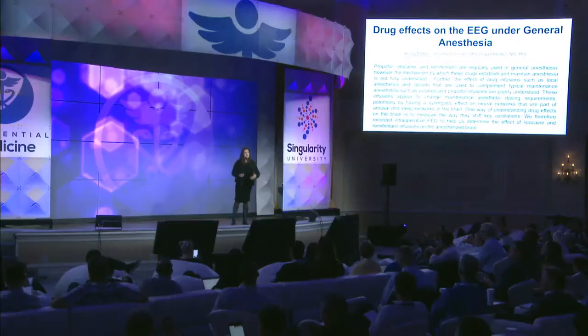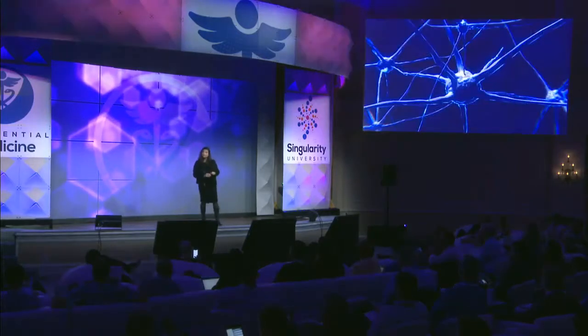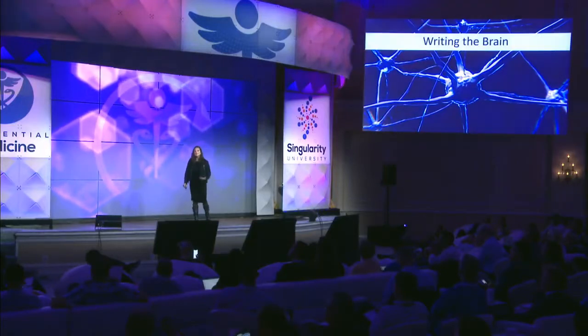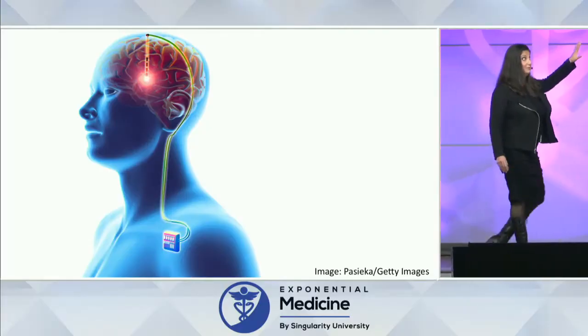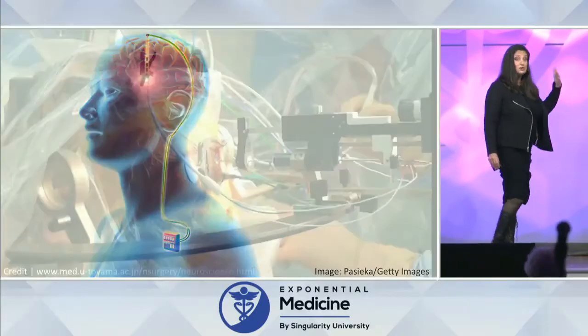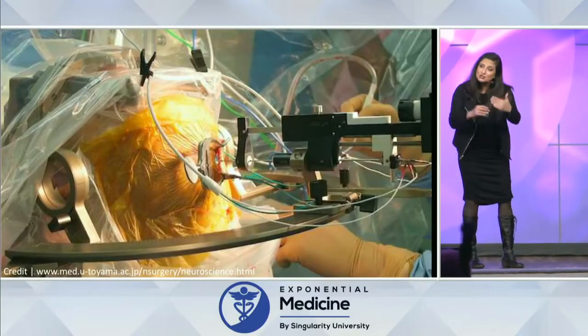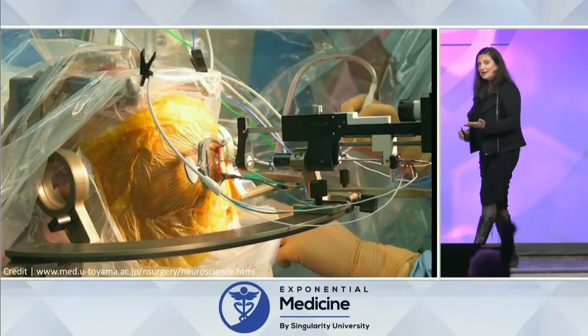And you're going to hear a lot more about it this morning from Ariel and from Mary Lou Jepson. But let's go on to writing the brain, because what I'm here to tell you about is where the cutting edge is going. Now, many of you are familiar with this. This is deep brain stimulation. It's an older technology whereby we put electrodes into people's brains and inject electricity into the brain in order to control circuits that have gone bad.